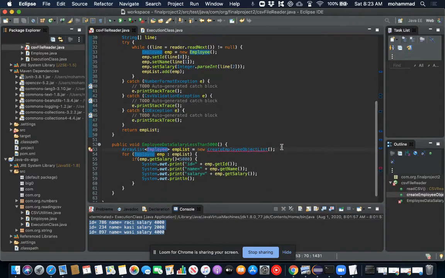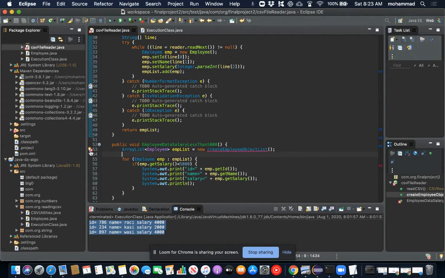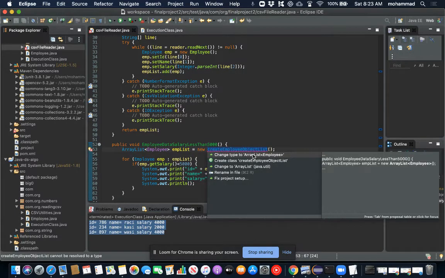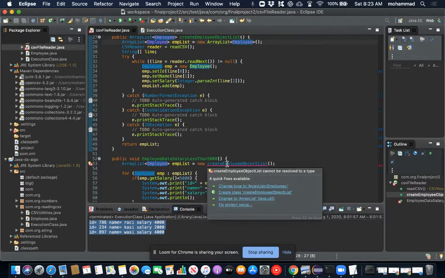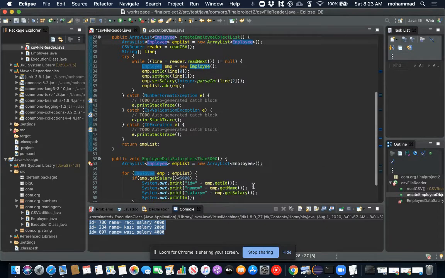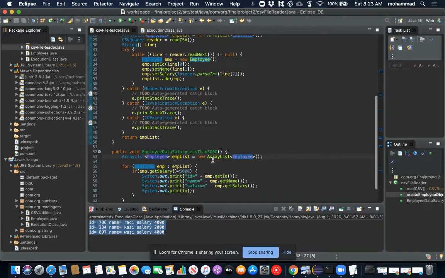Why is it showing an error? Let's look at the error. Employee list, it is returning our employee list, which is ArrayList employee. Okay, I think there was some spelling mistake or something. I did not catch it, but it is fixed.